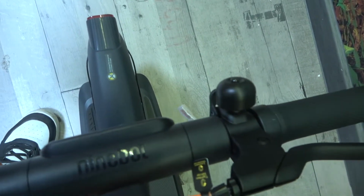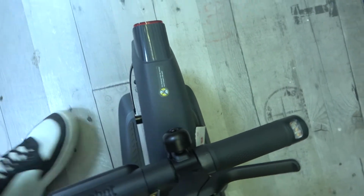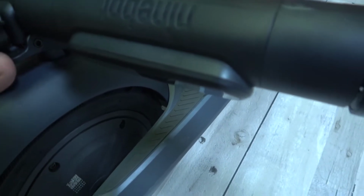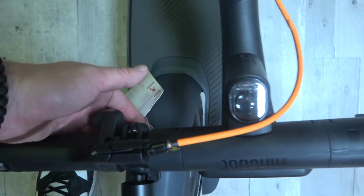and hook it around the bell frame to unlock it. Pull the frame up